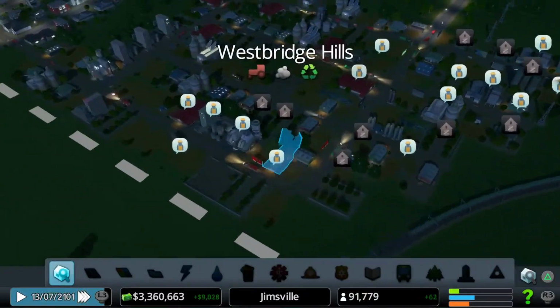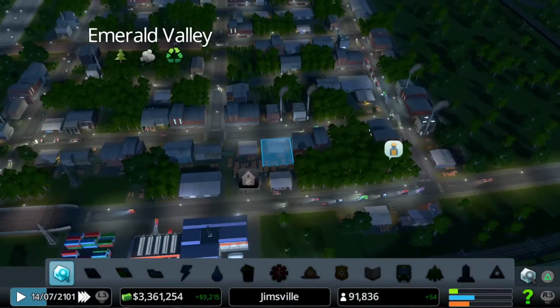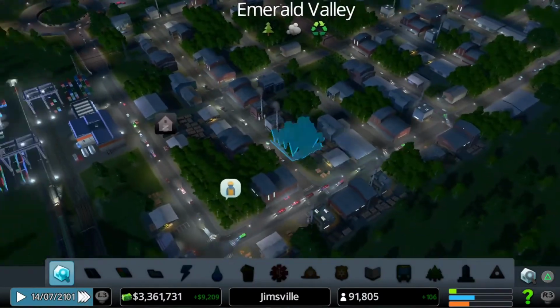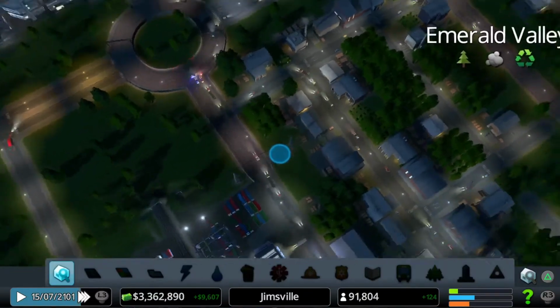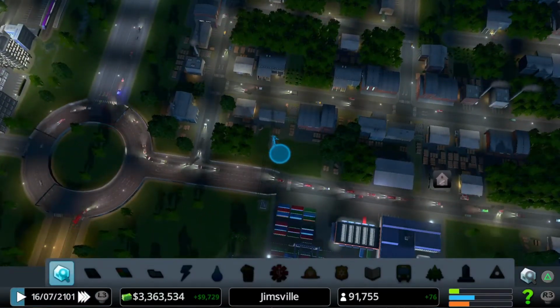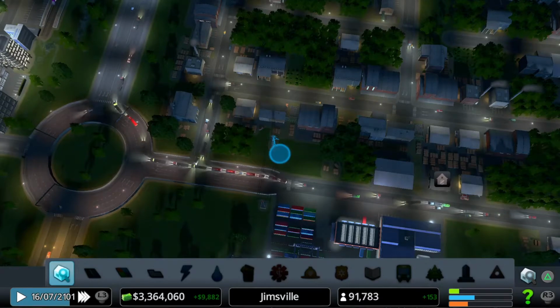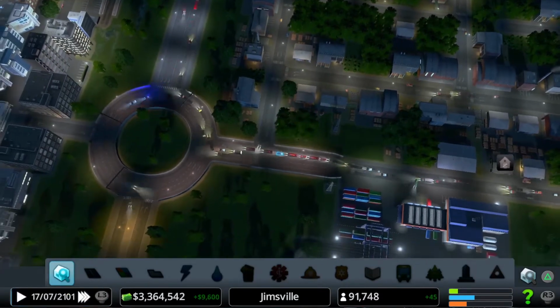Still a lot of failed businesses over here. But this traffic seems to be working a little bit better. Seems to be flowing a little bit better now, now that we've got that initial confusion out the way, where everyone was trying to figure out where they needed to go. Although, again, a little bit busy just here.